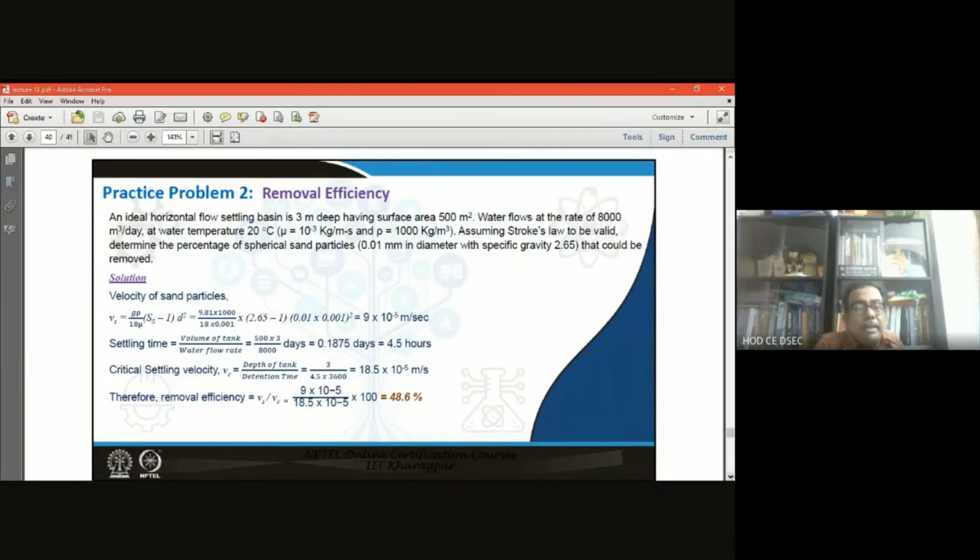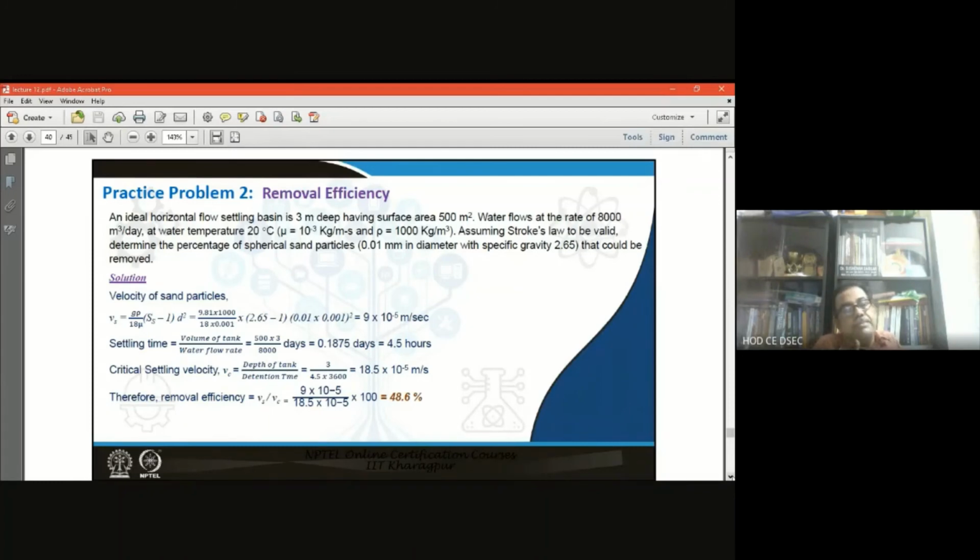So we have to find the detention time. How do we find it? It is the volume of the tank divided by the water flow rate. I told you about this at the very beginning, because it is how much time the tank detains the water. So it is the total volume of the tank, given in the question as 500 into 3, divided by the water flow rate Q, because volume is in meter cube and Q is in meter cube per time. So time goes to the numerator, and ultimately detention time is volume by discharge.